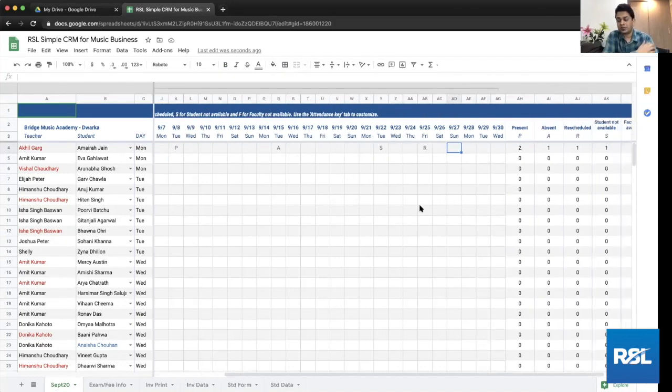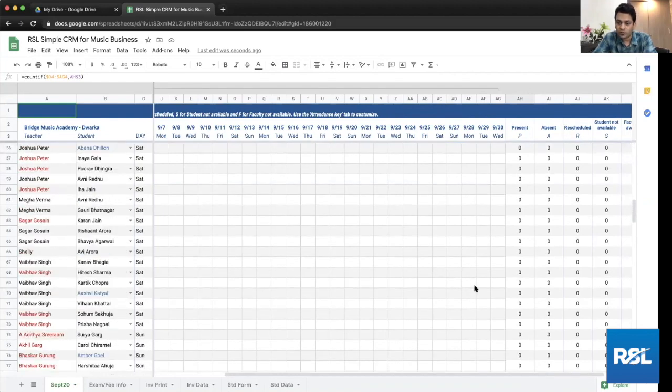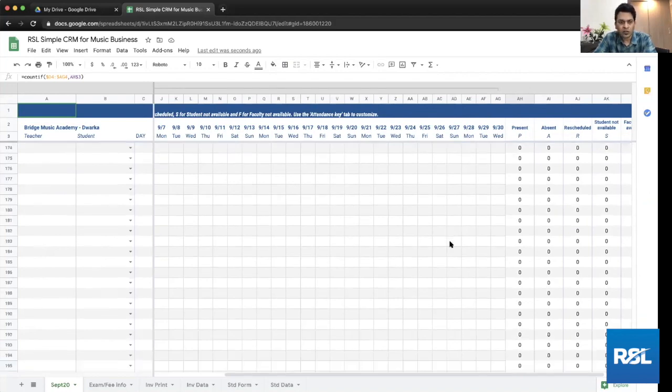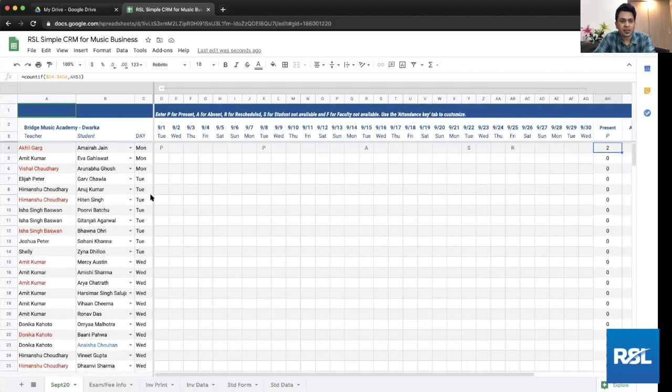And now, how we function in my academy is that if there's a single class attended by the student in the month, we basically do a total of how many students were present at least for one class, and the teacher is eligible to get paid for that student for the whole month. So if you go to the bottom of the sheet, it'll show you the count of how many people were present in that 1 month. So this logic and everything I'll explain in a bit, but this is how it works.